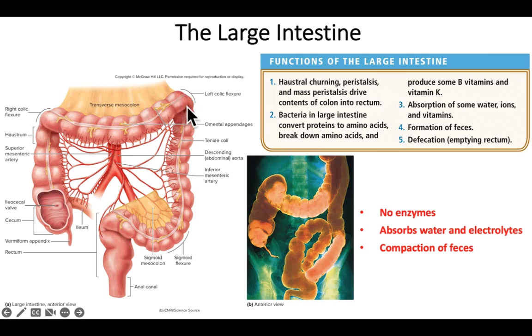Then there's another little flexure there, a little bend. Then you have the descending colon because the material now is going down. There's an area called the sigmoid colon. It's kind of an S shape. Notice here in the actual image, you can see that S-shaped curve to it. And then the material, by that point, it's pretty much done. We've removed more water, so the feces has become a little more compacted, and it enters the rectum. And the rectum is where you can just hold on to that feces until you find a good location to